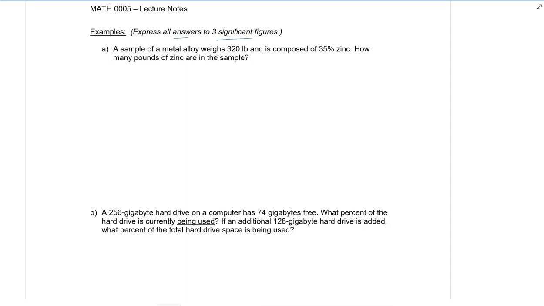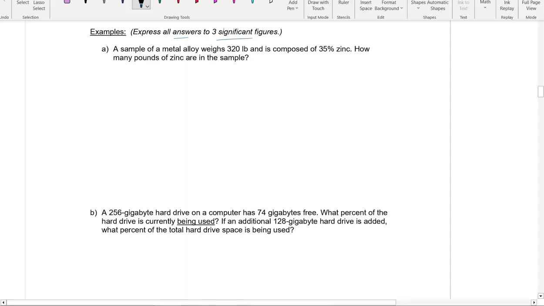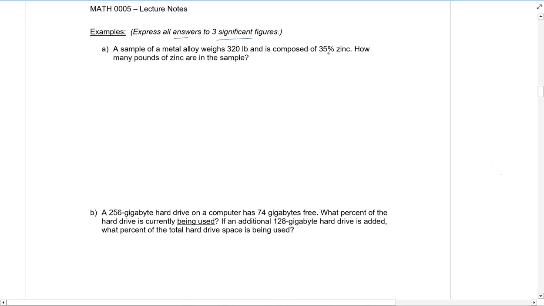And sometimes for the word problems, it's a good idea to draw a picture if you want. That can help you to visualize the problem. So the first problem is, a sample of metal alloy weighs 320 pounds and is composed of 35% zinc. How many pounds of zinc are in the sample? Alright, so when I read this problem, I see the percentage sign here. So this is more likely my rate, and in the decimal form, rate is given, but I'm going to write it in the decimal form. So that will be 35%, means 0.35,